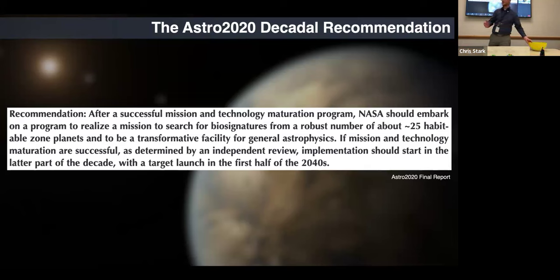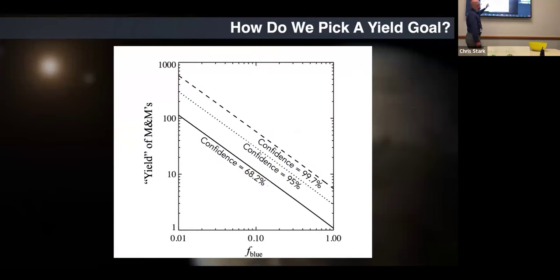This is just basic Wilsonian statistics, and you can relate the sample size of M&Ms, this yield of M&Ms, to the fraction that are blue with a given level of confidence, right? So if our sample size is 10, and the fraction that are blue is 10%, I'm going to have a 68% chance of getting at least 1 blue M&M. If I want to increase that confidence to 95%, I have to go up to 25 or 30 M&Ms. And this is where that 25 number